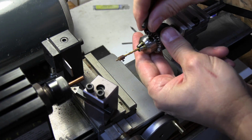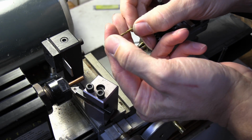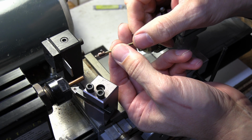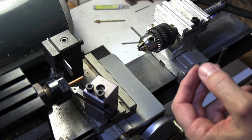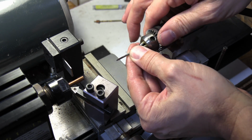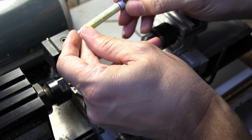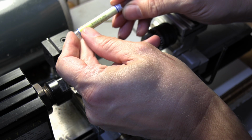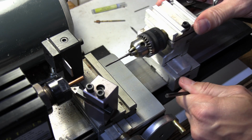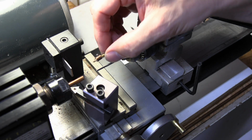So while that's still in there, I'm going to go ahead and ream the hole. So this 3/32, I don't know exactly what it is. It's somewhere in the area of 0.093 in diameter. This is a carbide straight shank reamer. This is a little bit larger. This is 0.0945. And so the reason I'm using this is if I were using some of my nickel silver rods, they